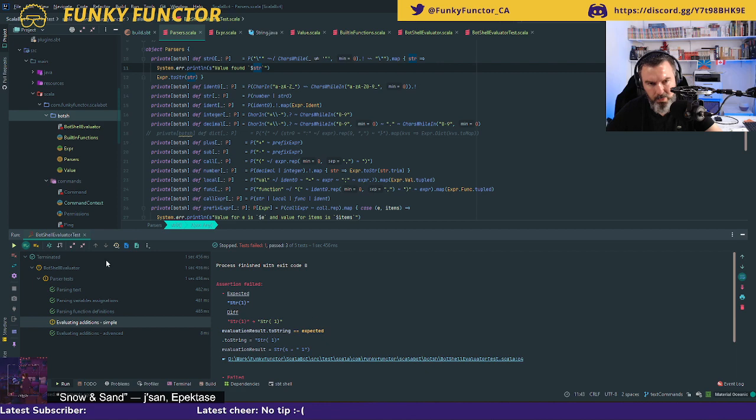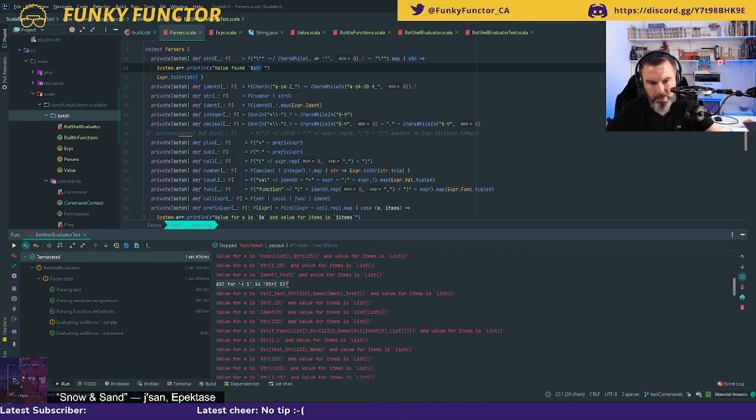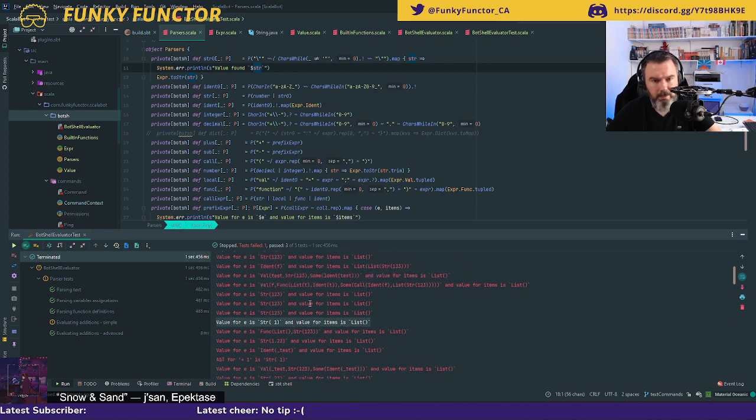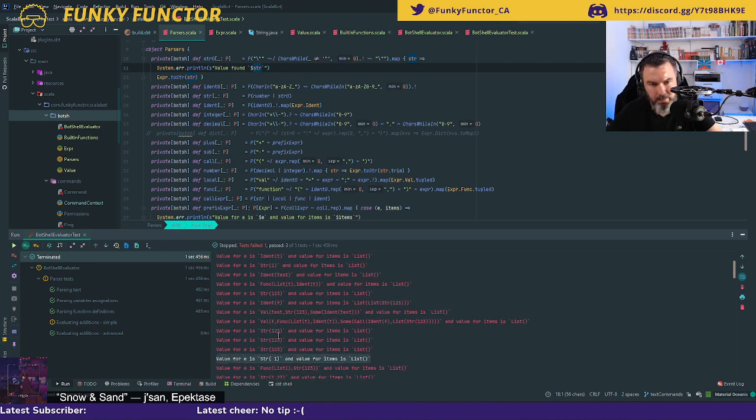So okay, the AST for +1 is str of 1, str of 1, and I don't see the value found for this. Yeah, I found value found hello.